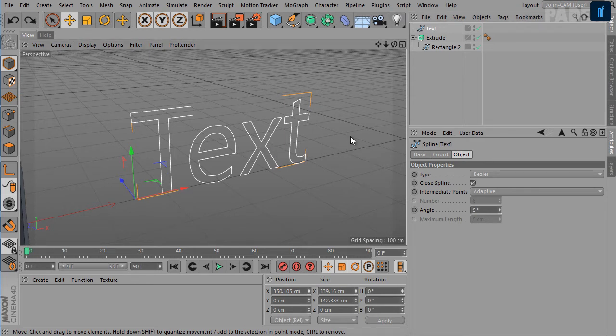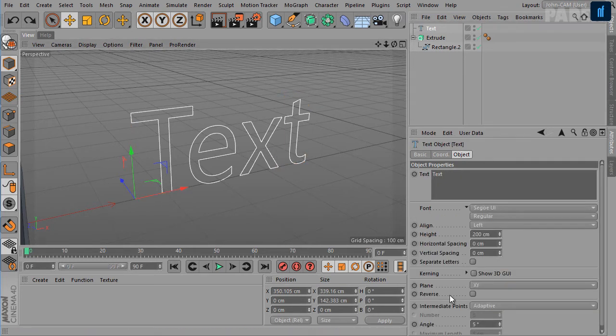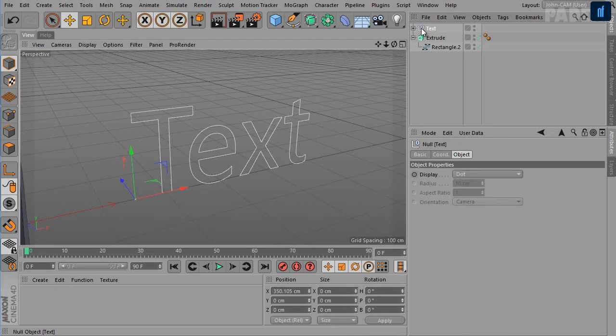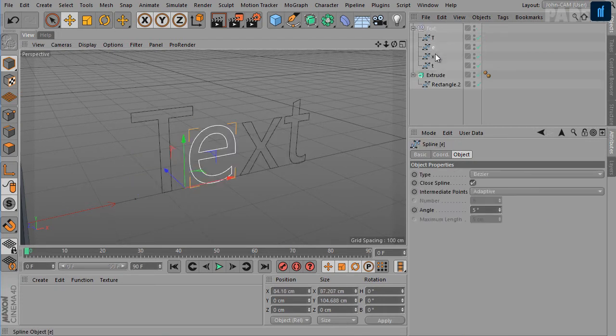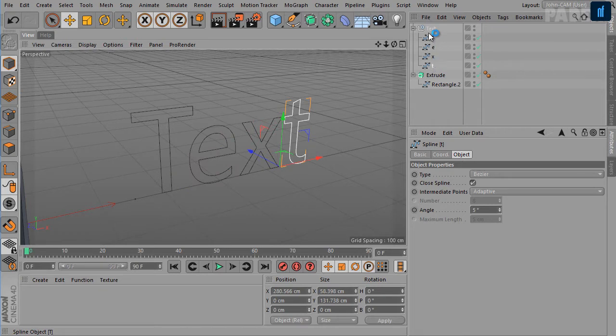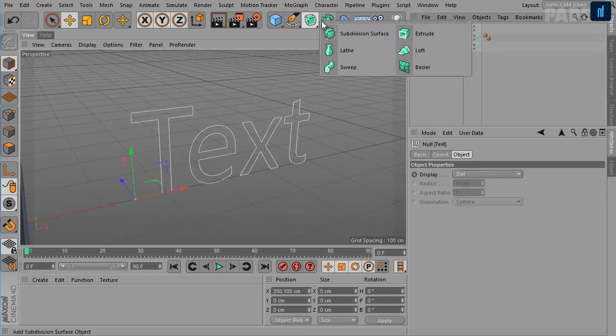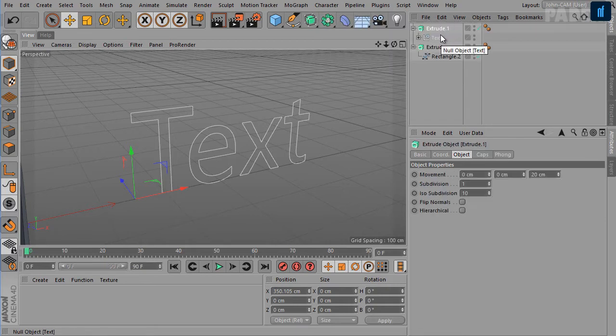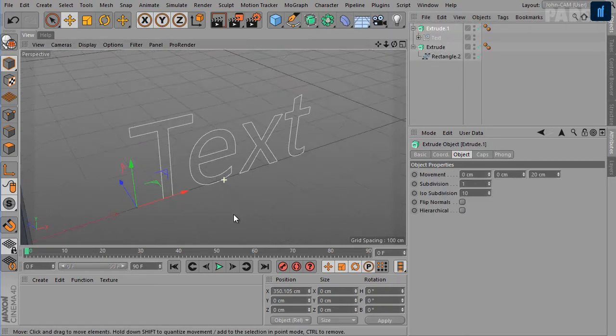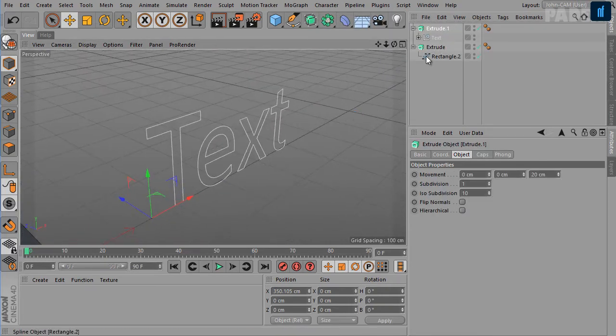But if you have enabled, let me undo the last operation, but if you have enabled the separate letters option here and then you press C to make it editable, now we have a null object and each letter has its own spline here.